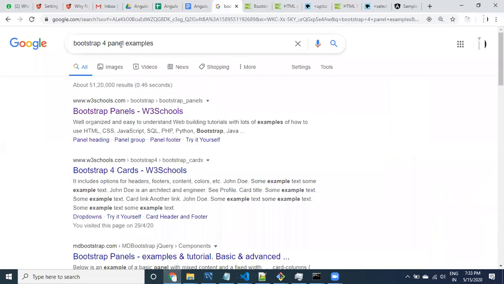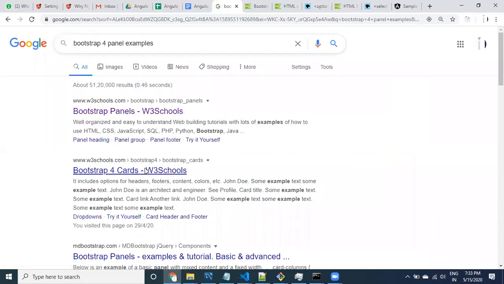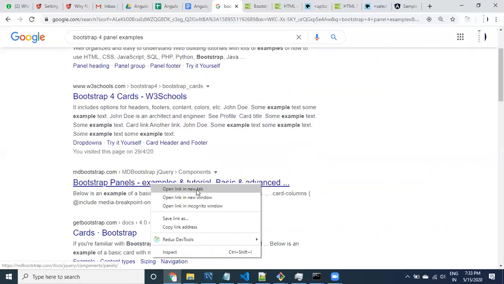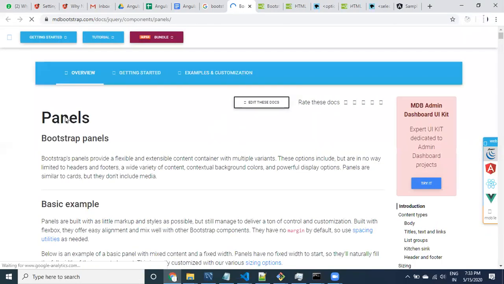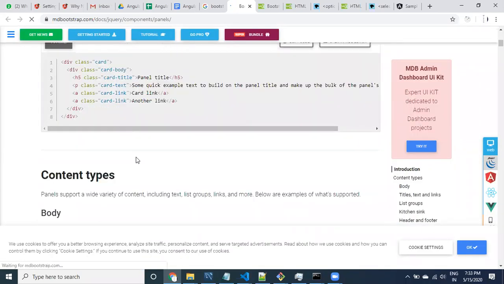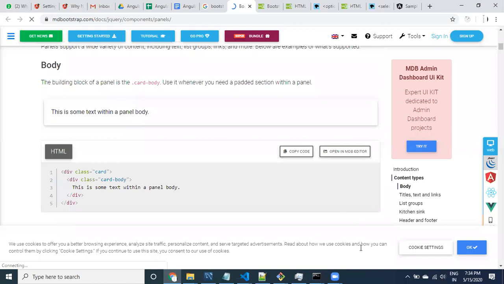Here we are going to Bootstrap 4, right? Then we did not get it. Otherwise, search Bootstrap panels example, you can check with Bootstrap panels. Something you can take, a small example. Copy paste card. Okay, there is no panel, sir. 1 second.